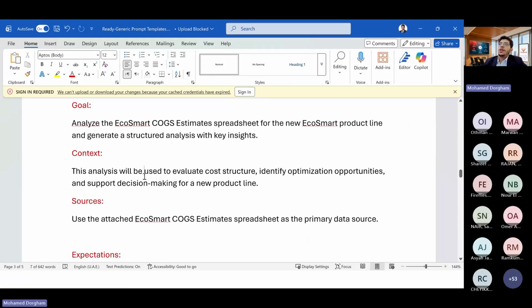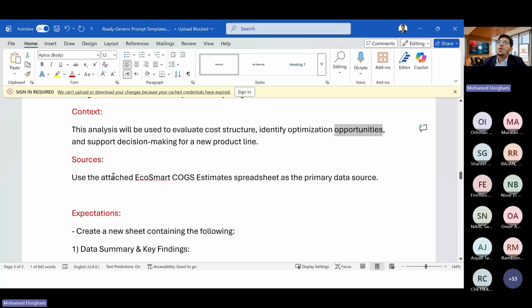Now, what is the context I want the AI to focus on? This analysis will be used to evaluate the cost structure, identify optimization opportunities, and support decision making. What are the sources? Use the attached spreadsheet as a primary data source.